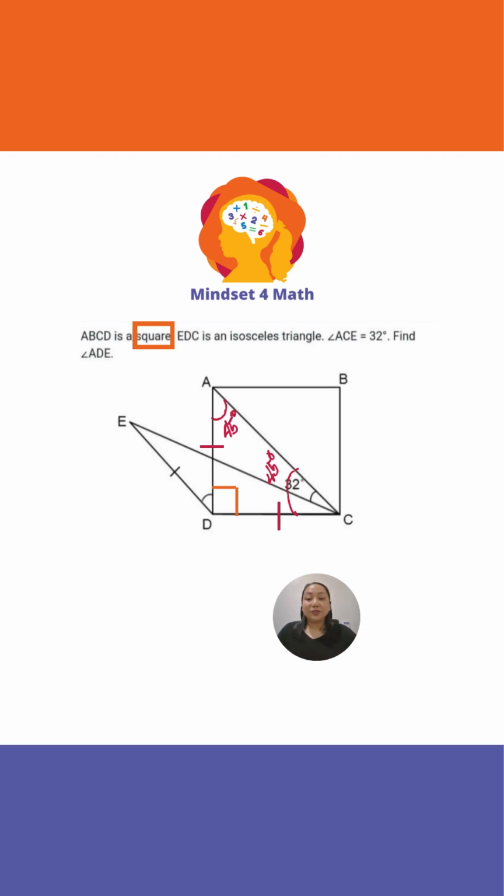This means that triangle ACD is an isosceles triangle, and the base angles of an isosceles triangle are equal. Therefore, we can say that angle DAC and angle DCA are equal. Now, since angle ADC is equal to 90 degrees and the sum of the angles of a triangle is 180 degrees, we can take away 90 from 180 and that will give us a remaining 90 degrees.